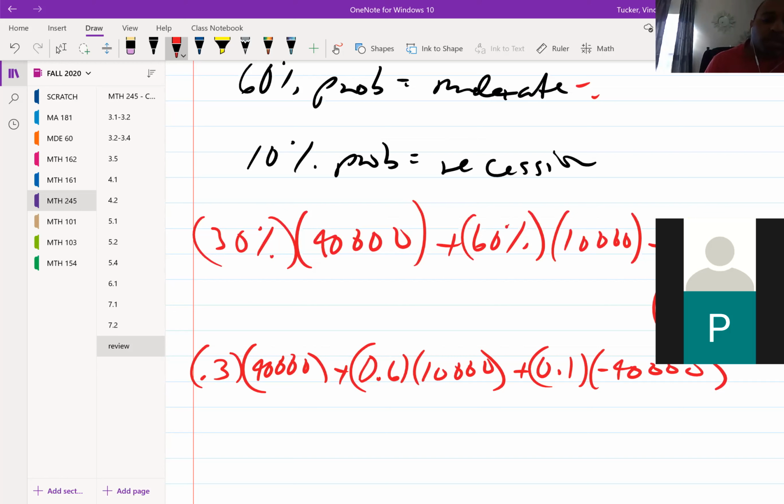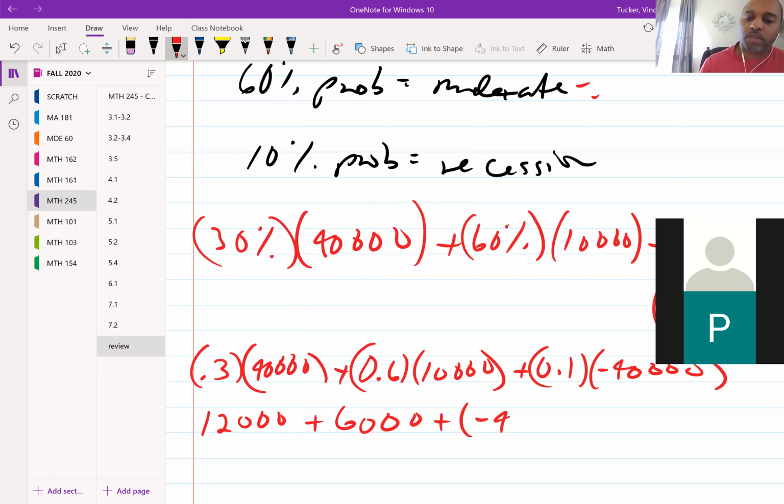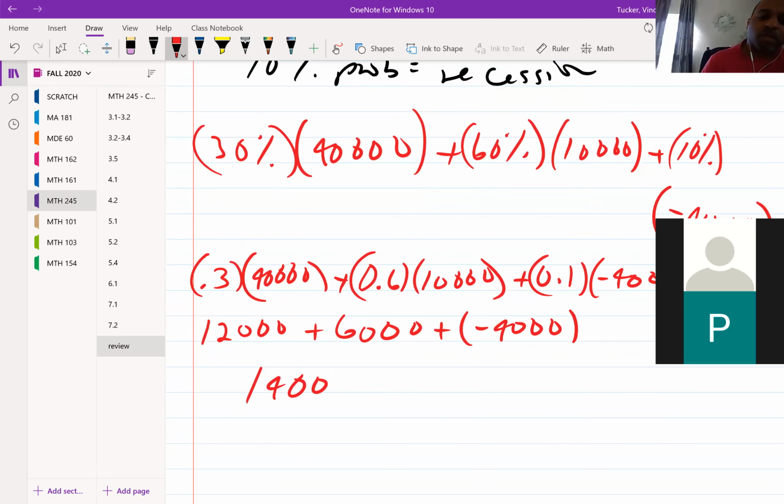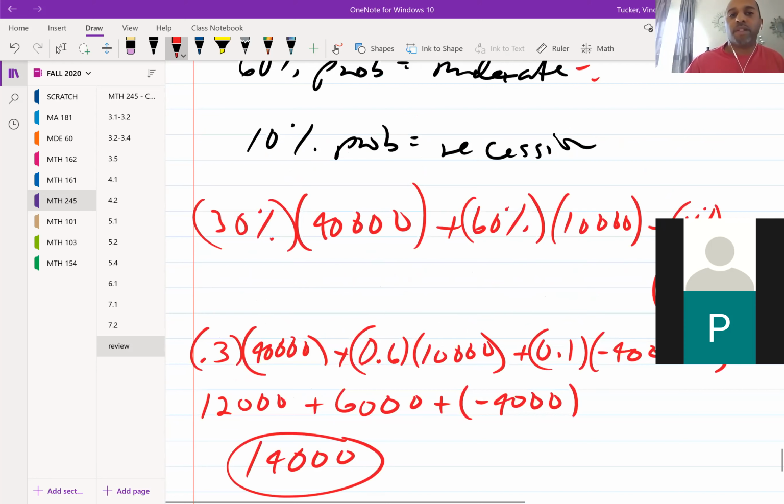So that's going to be 12,000, then 6,000 and negative 4,000. It's 2. Hopefully the answer is 14,000. And yep, there it is. So just to make sure you see what I did, first of all, I wrote down